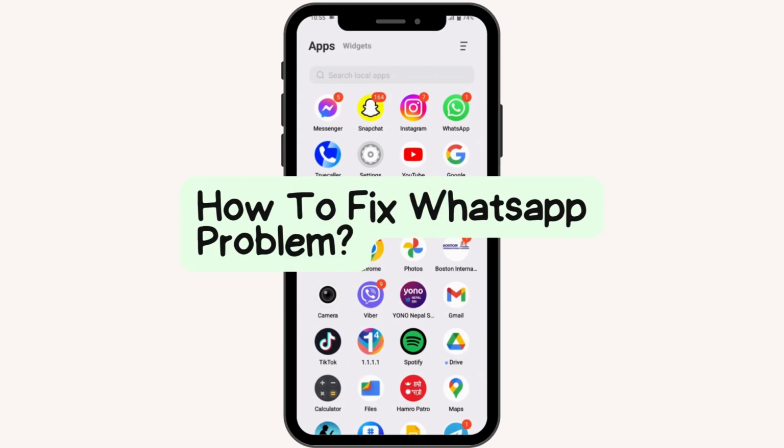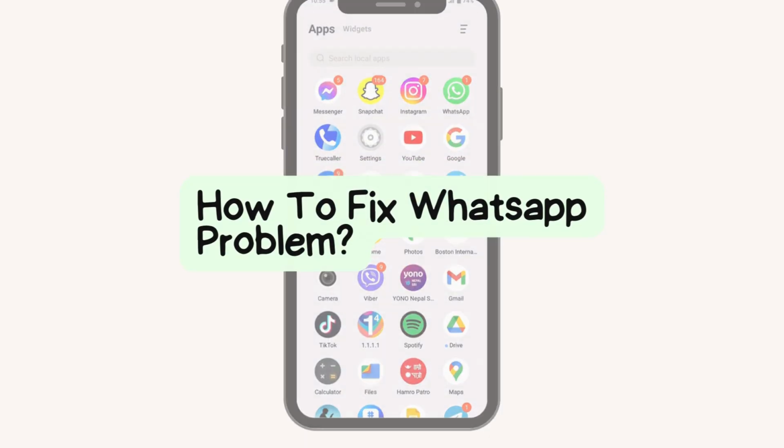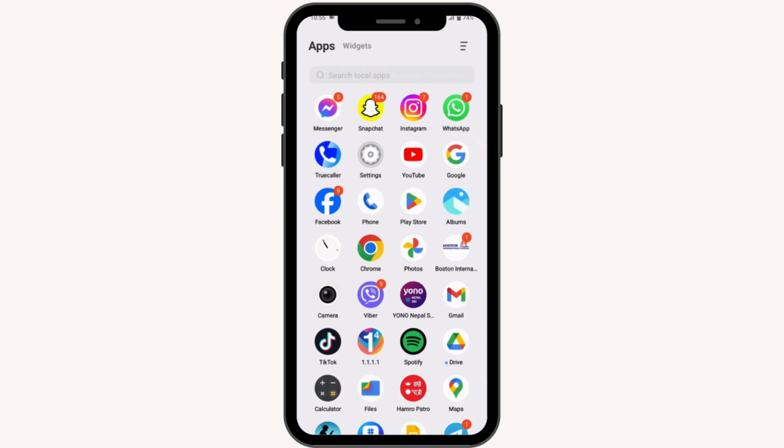How to fix WhatsApp problem. So if you're facing a problem with WhatsApp, or if you're not receiving any messages, or if you're not receiving the notifications, or if you're facing any problem with your WhatsApp, then you need to simply tap and hold